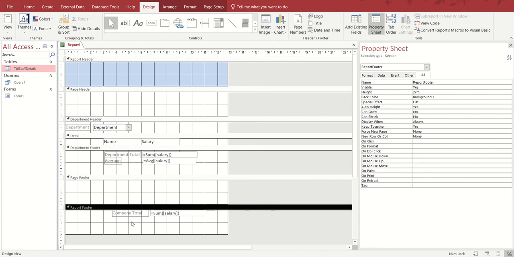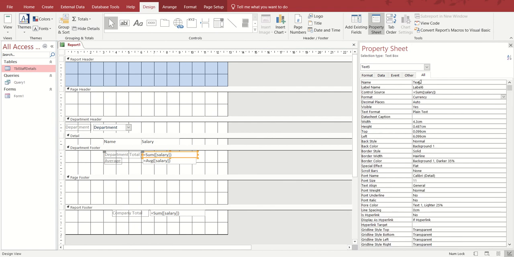Company total. And then I'm going to name this box. So it's got no name at the moment. I'm going to call it DEPT, short for department. And then on this one, I'm going to name this one total. And then you can refer to those